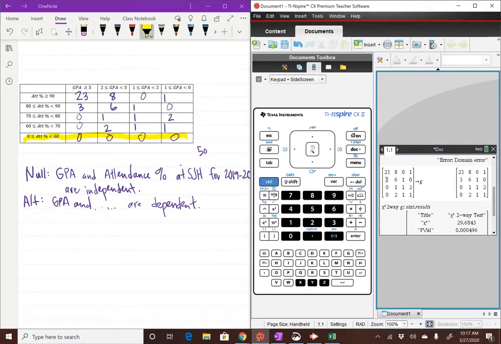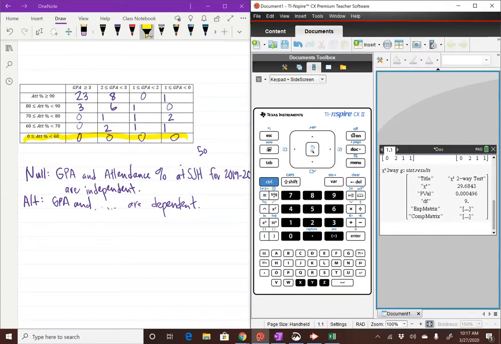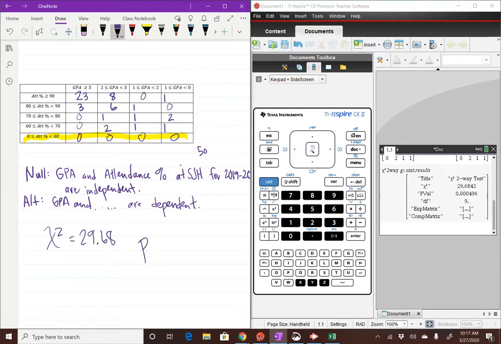Then I switched it to a 4x4, and then it worked. Okay, so our chi-squared is really high. So then my chi-squared, or my test statistic, is 29.68, which makes the p-value very small,